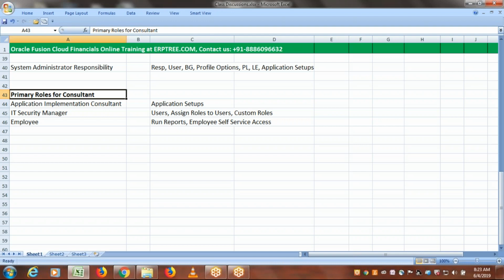Primary roles to consultant. So this is what we have to understand. Here, as a part of application, if you give any user the application implementation consultant role, that user can do the application setups, but there should be some environment where the user will have access because of this role. The environment is FSM,